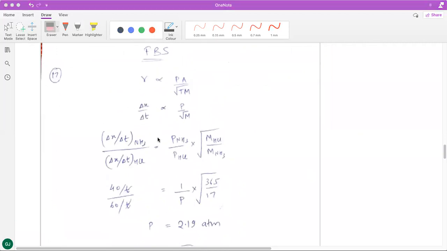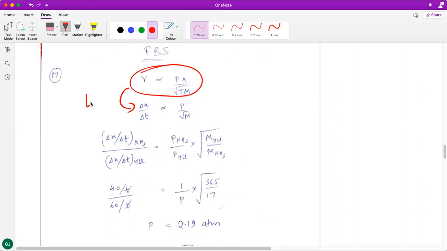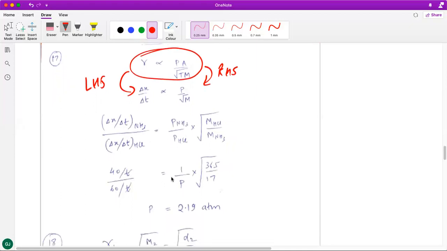All right, then let's talk about the 17th question from the FBS section. So we are done with the FBO section. In the FBS section also the questions are from Graham's law only. Now the first question is again based on the general form. The interpretation of the left-hand side will be in terms of the distance diffused upon time taken, and on the right-hand side we'll have to take pressure as well as molecular weight into account. We'll have to simplify it because pressure is given different, partial pressure of the gases. And then you just substitute the formula and get the answer.